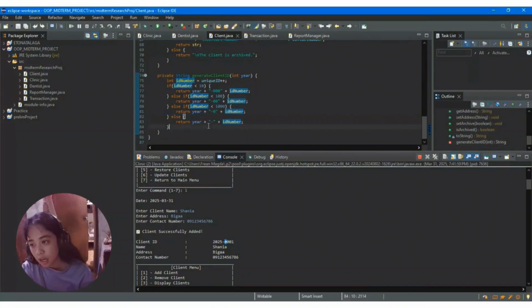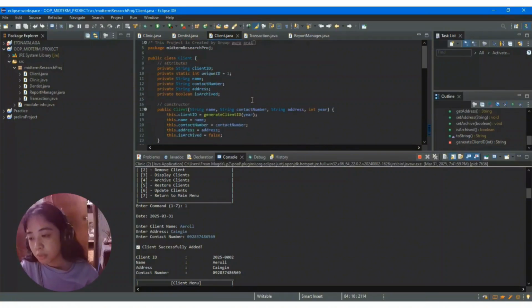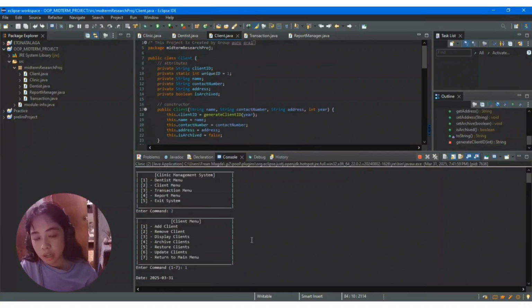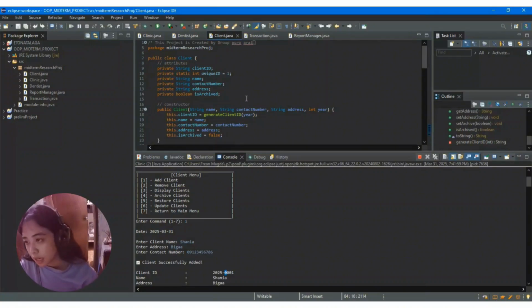And then kapag ang nakalagay na is 4 digit na format, is wala na siyang idadagdag since kinikip nga nito, again, yung 4 digits. So, itong kabuuan ng, I will show you the kabuuan ng client class natin. So, in the client menu, so when you click the client menu in the clinic management system, so ito nga,